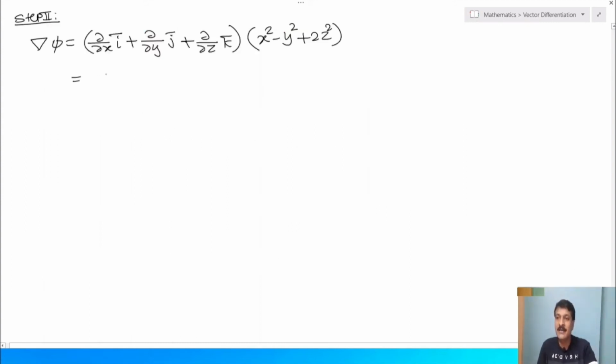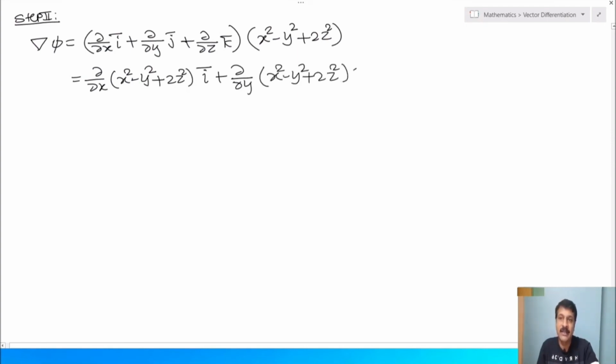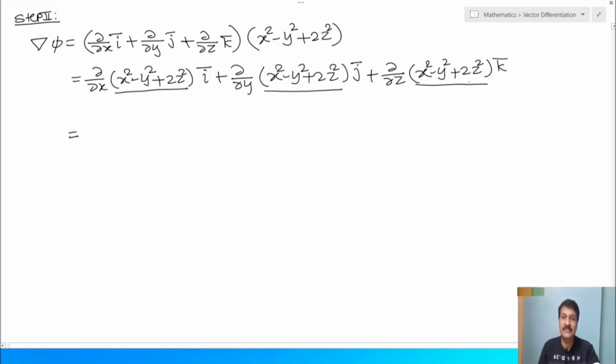It means first ∂/∂x of phi, that is x square minus y square plus 2z square, i, plus ∂/∂y of x square minus y square plus 2z square j, plus ∂/∂z of x square minus y square plus 2z square k. So derivative of this with respect to x, derivative of this with respect to y, and derivative of this with respect to z. So it gives del phi equal to